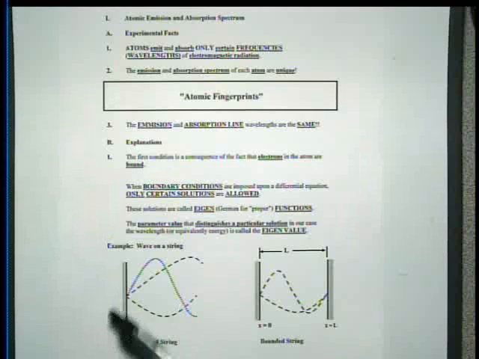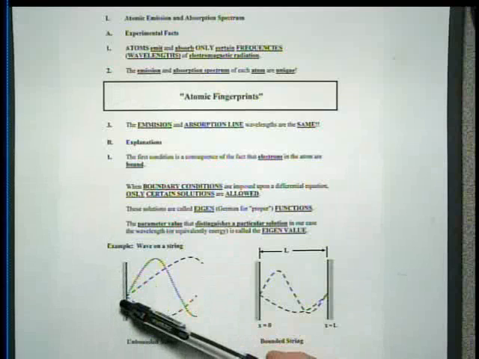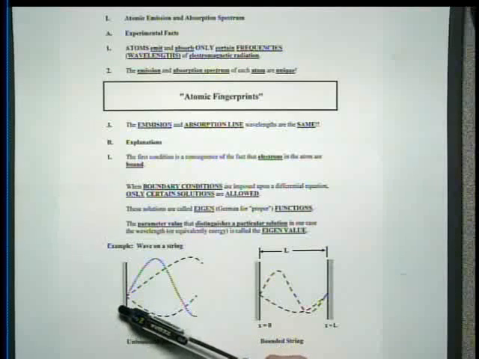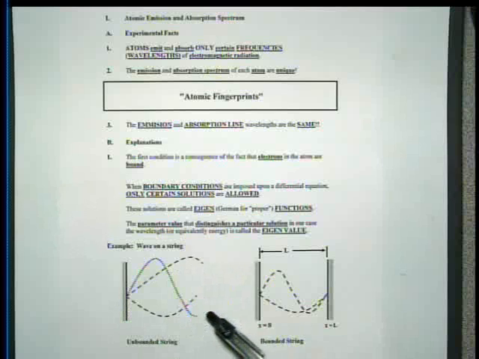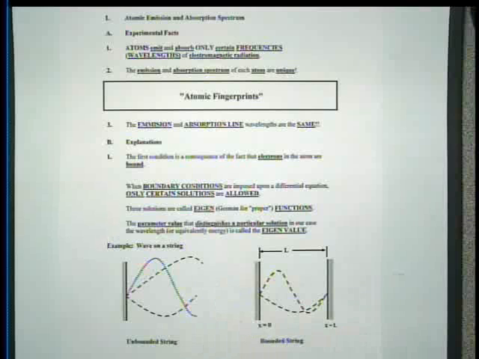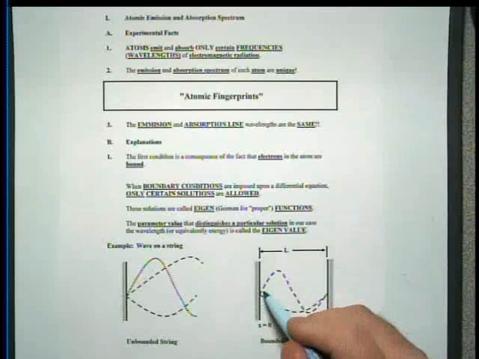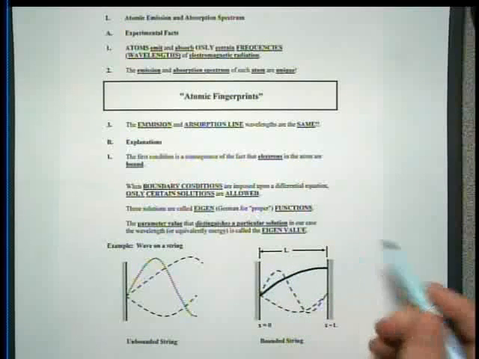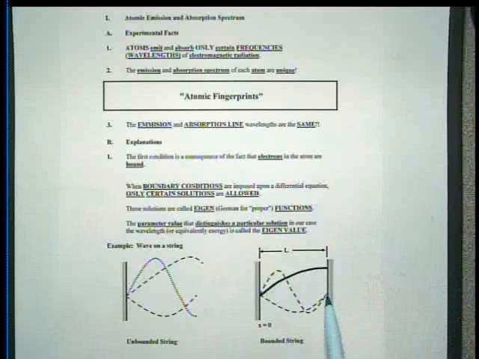If you have this type of system, and the system is unbounded, like the case of a free electron would be, then it can have any wavelength that it wants. It could have this wavelength, it could have this wavelength here, it could have that wavelength there. If you bind the system, however, so I've got two walls here, and I attach the string on one side and the other side, the fact that you have that system bound at those two points means that not all wavelengths are possible anymore. For instance, this wavelength is not possible. It doesn't meet the boundary conditions of the problem anymore.